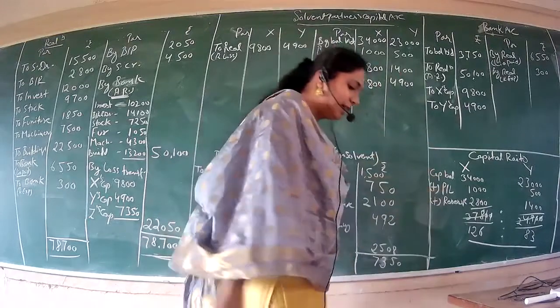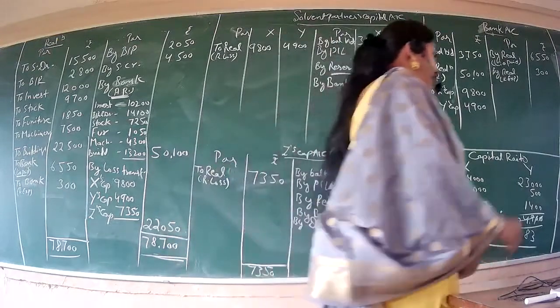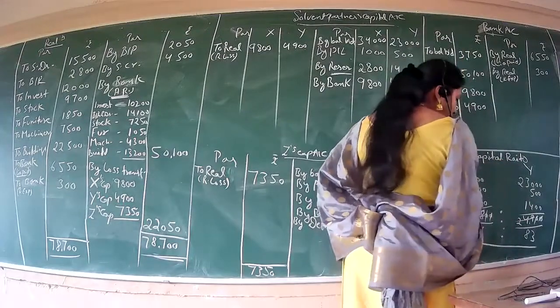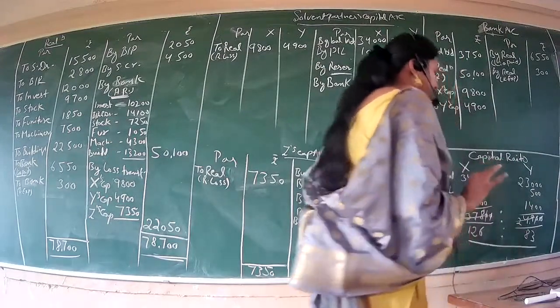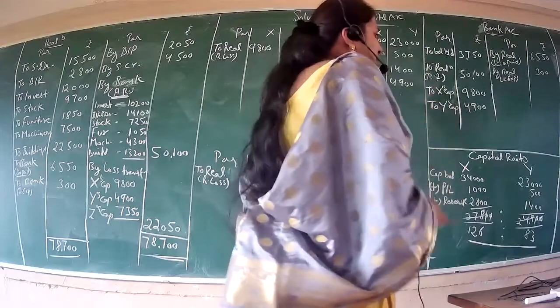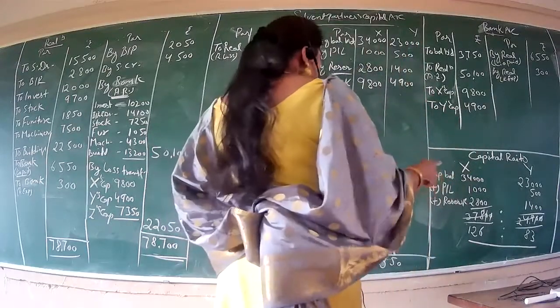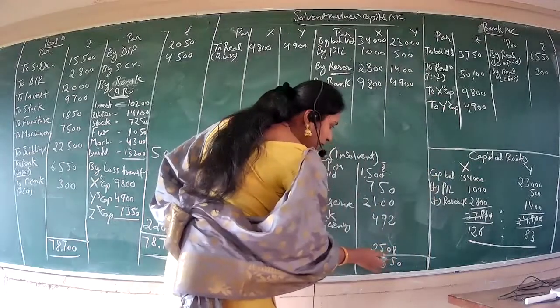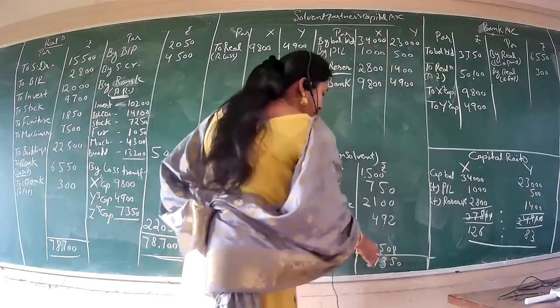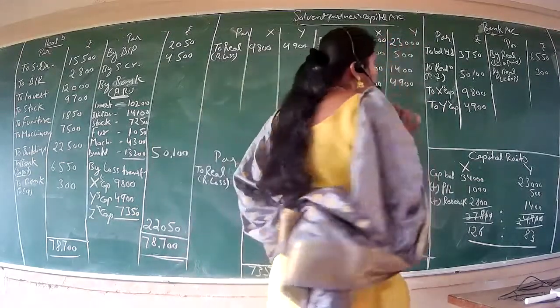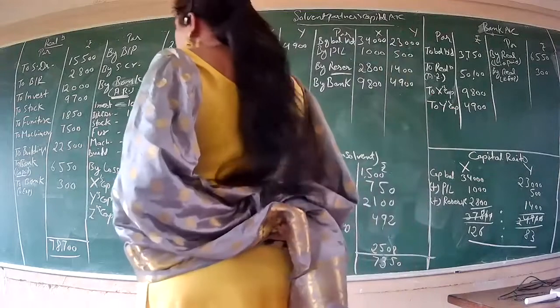And further, we can go for a calculator, no issues at all. Okay, 126 is to 83 is your capital ratio. Now for 126 and 83, we don't have any common divider, so we'll stop here only. Now, capital ratio you have calculated. And according to this capital ratio, we have to divide this 2,508 amount, which is your capital deficiency amount, among X and Y. Okay, so we'll go for that also.